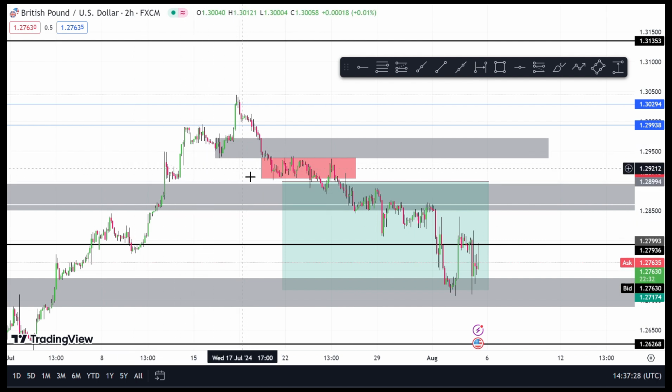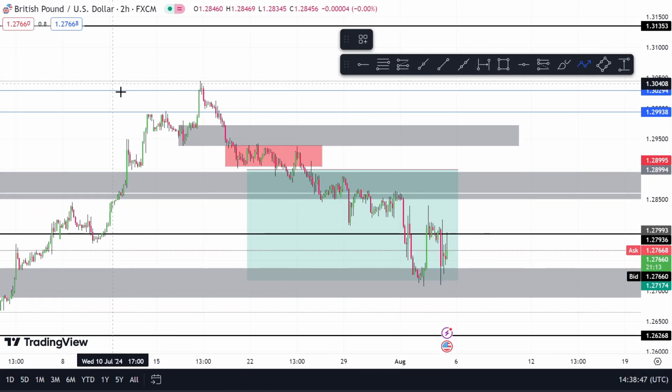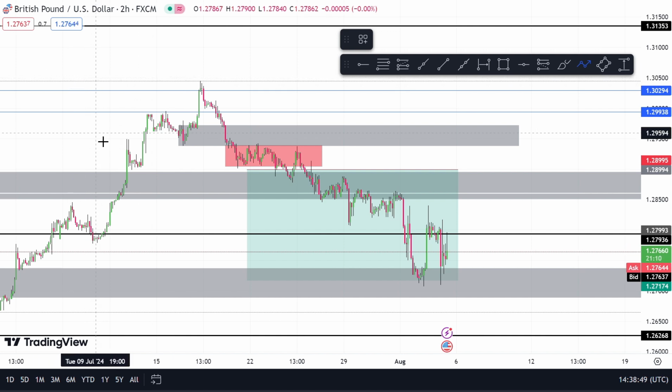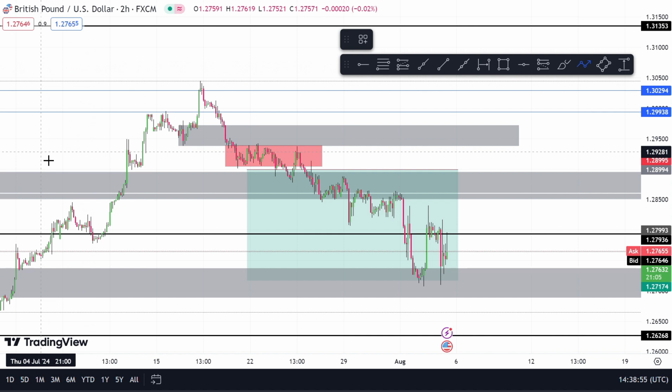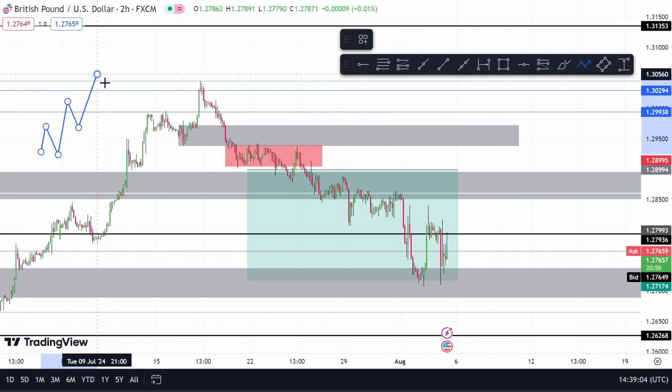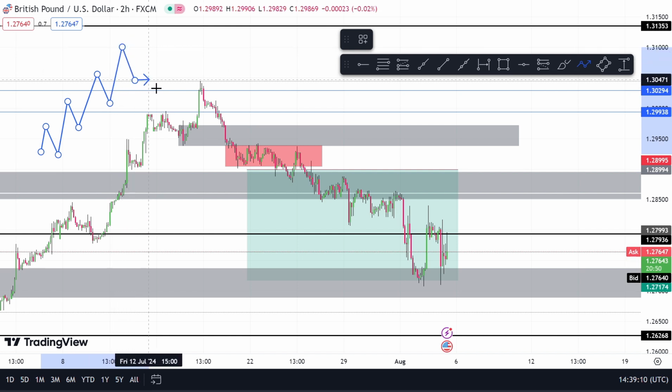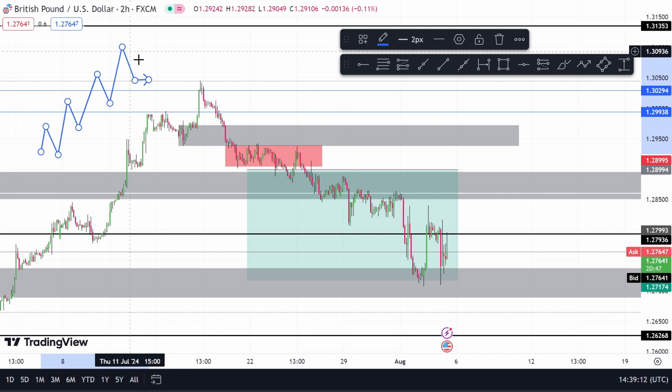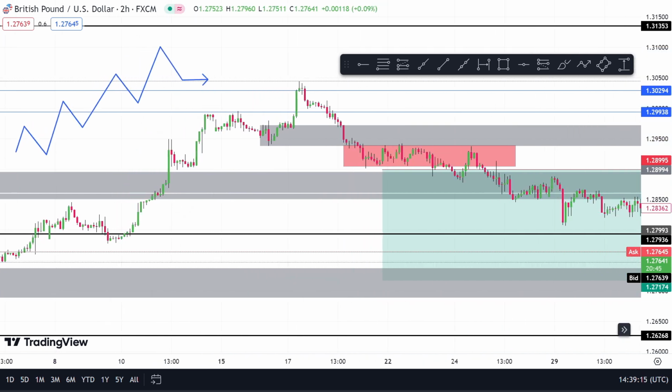I don't know if you understand me, because in the higher time frame there is something like this. I don't know if I can make this possible. So this is what I mean. In the higher time frame, you have something like this as an uptrend. But in the lower time frame, this huge move, this one line